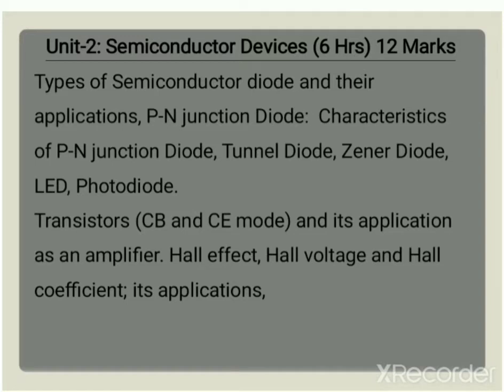We have to study these in detail. Then transistors, CB and CE mode. There are 3 types of transistor: common base, common emitter and common collector. But in detail we only study common base and common emitter mode,